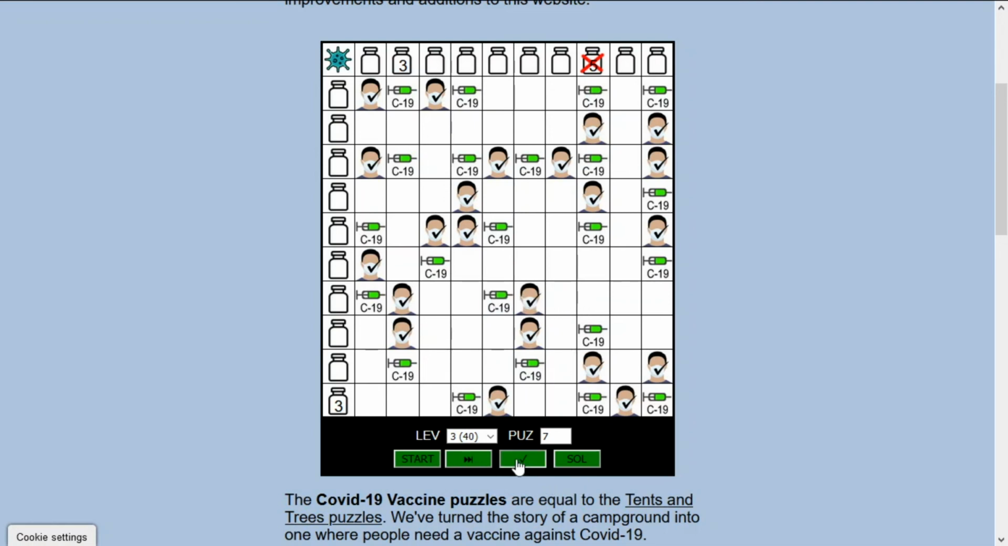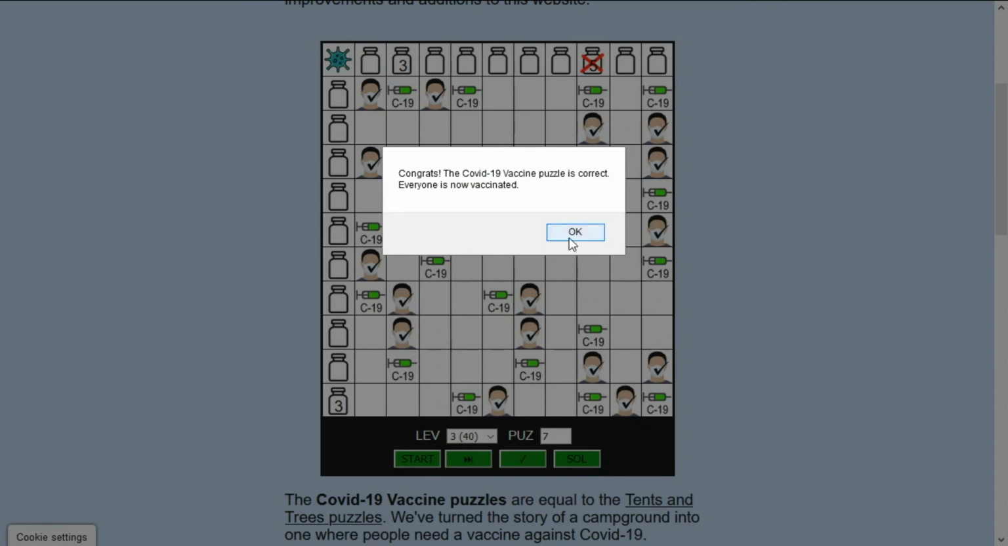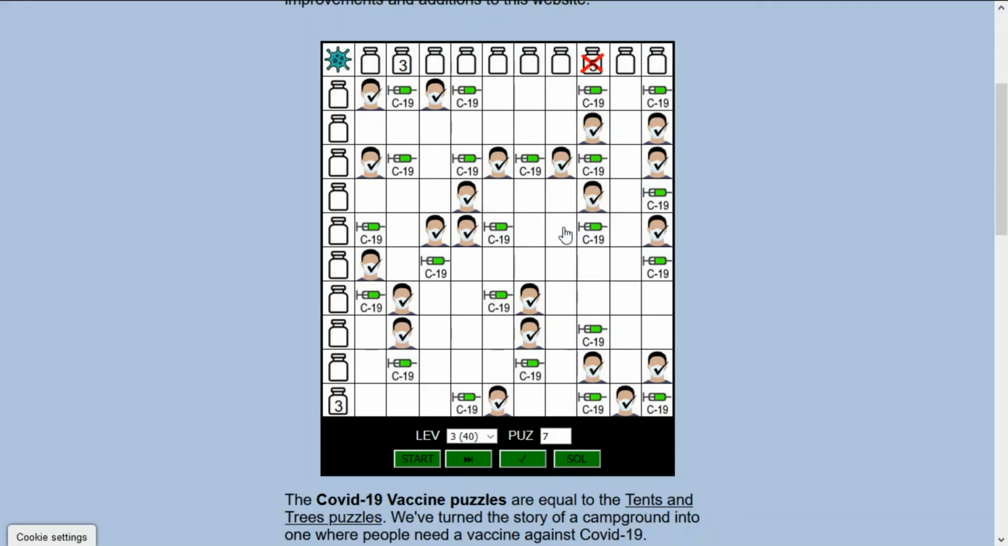Let's check. So the puzzle is correct. Everyone is now vaccinated. I hope you like this new puzzle